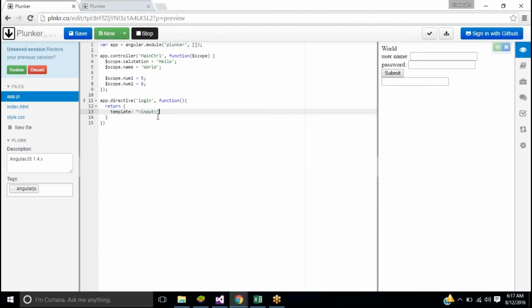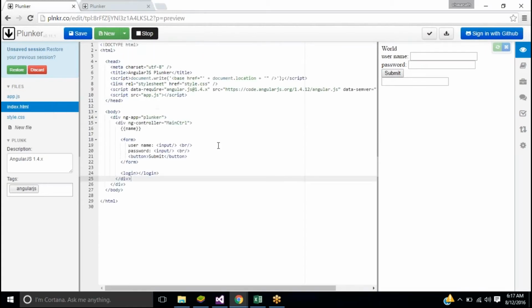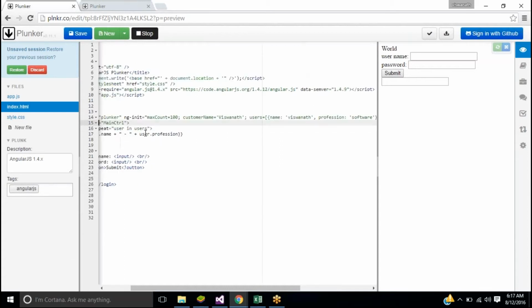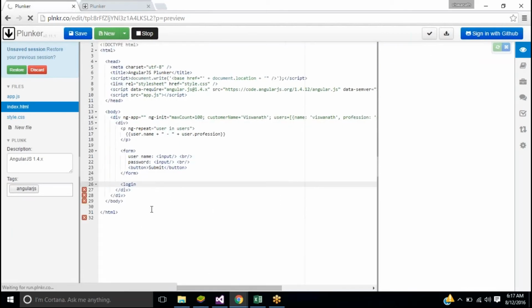Interesting. Because of one extra semicolon, it was cribbing actually. If you see now, let me remove this form for you. Let me get back to a normal way. Okay. So now see, now it's rendering properly. I have a form, and let me use a login also.